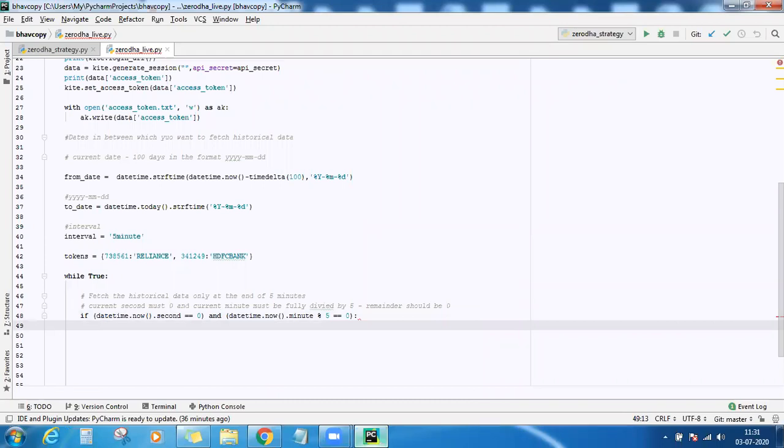Now to fetch the historical data, I don't have a single symbol here. I have multiple symbols, so I'll have to run a for loop for the same.